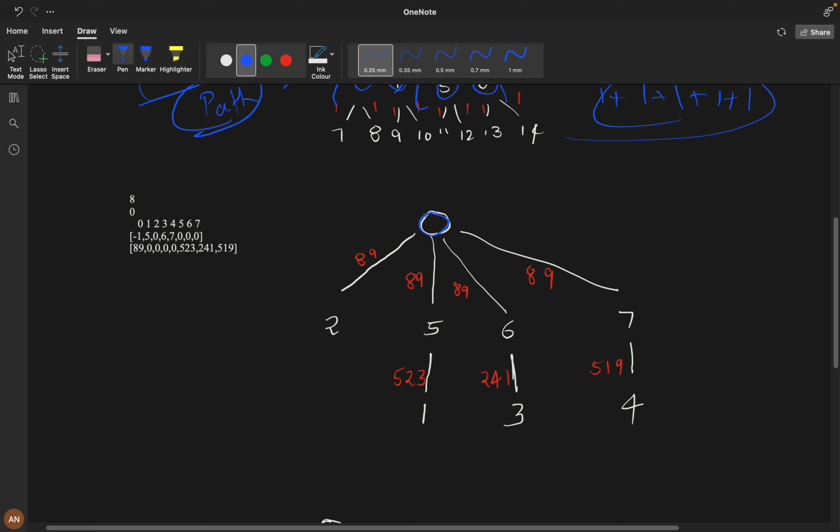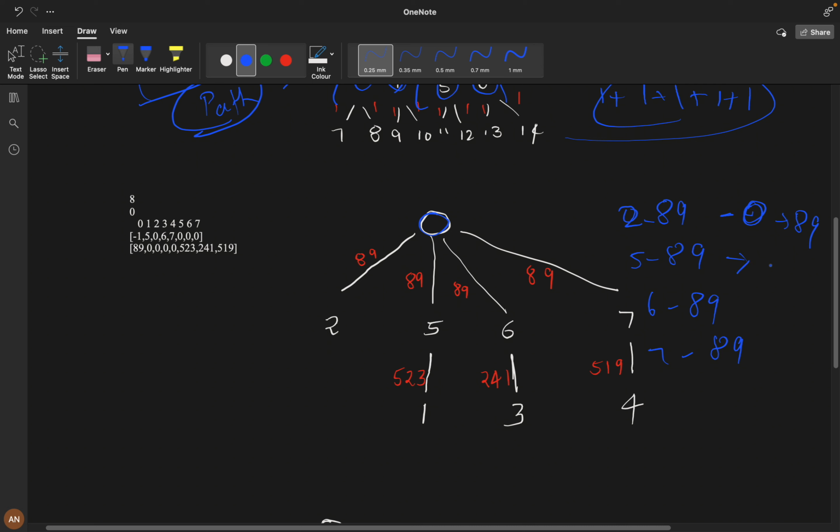Here the manager array is 0, 2, 5, 6, 7, it is given. I have constructed the tree. If you see this, you can construct it, and these are all the times. For 0 to inform 2, it is taking 89. For 5 it is taking 89. For 2, for 5, for 6 it is taking 89. For 7 it is taking 89. 2 can't inform anything, so it is taking 0, maximum 89.